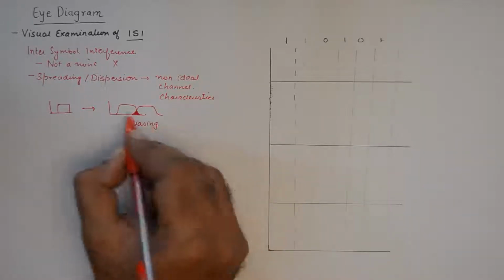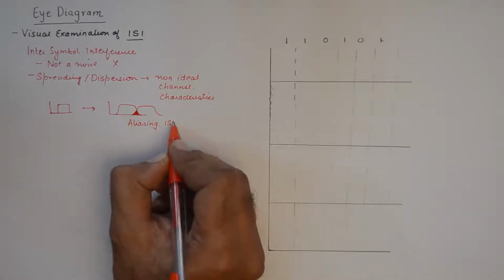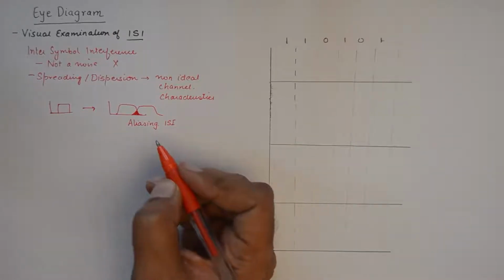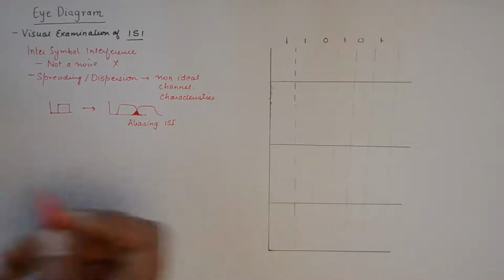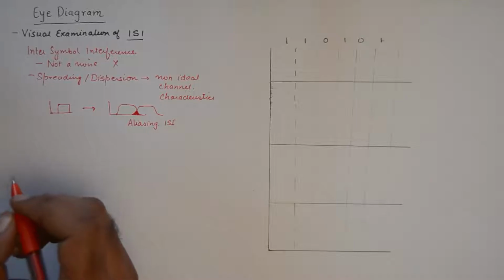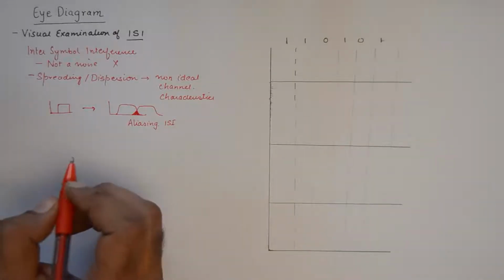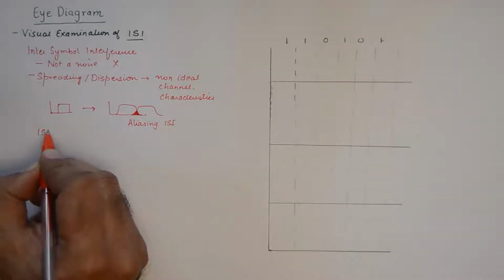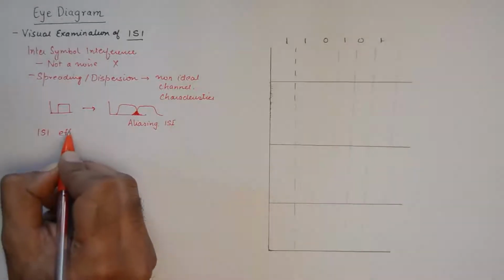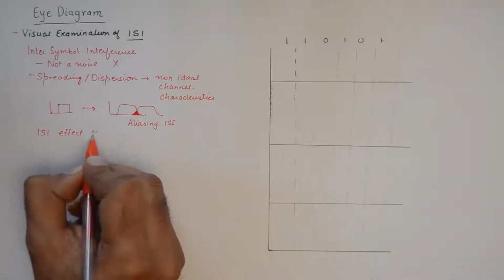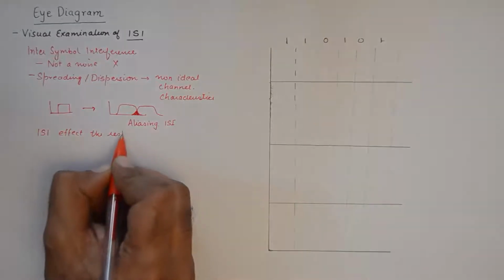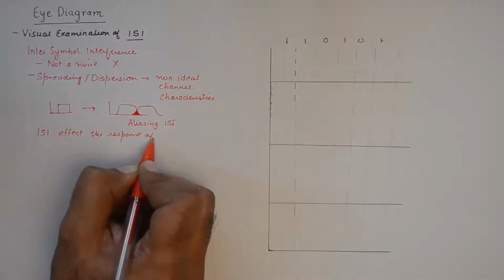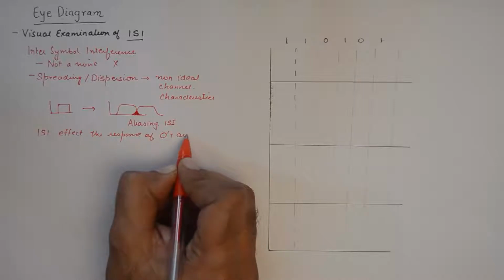And this phenomenon is ISI, and you can see that it is there because of the dispersion. Dispersion, as you know, is the spreading. ISI is going to affect the response of zeros and ones, and